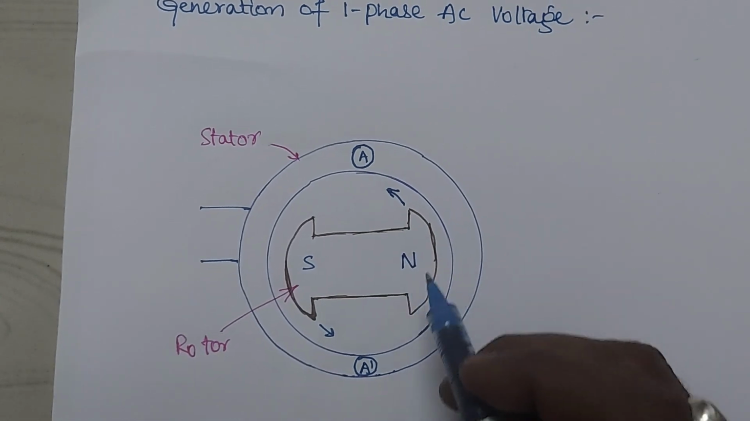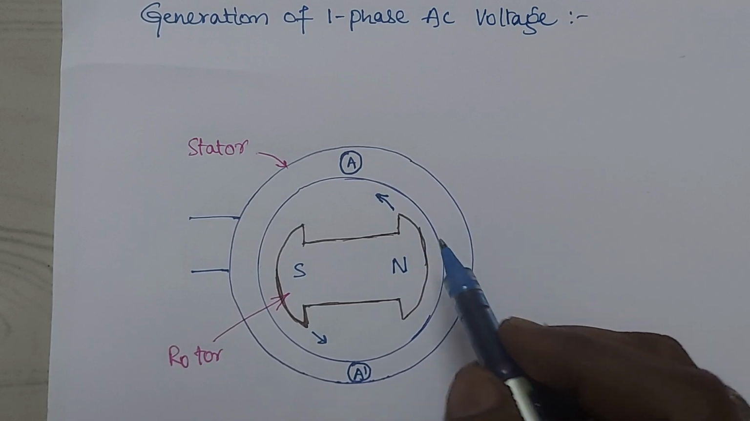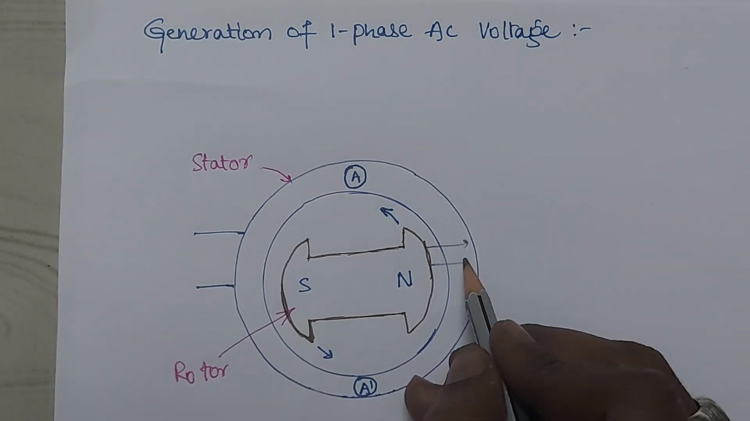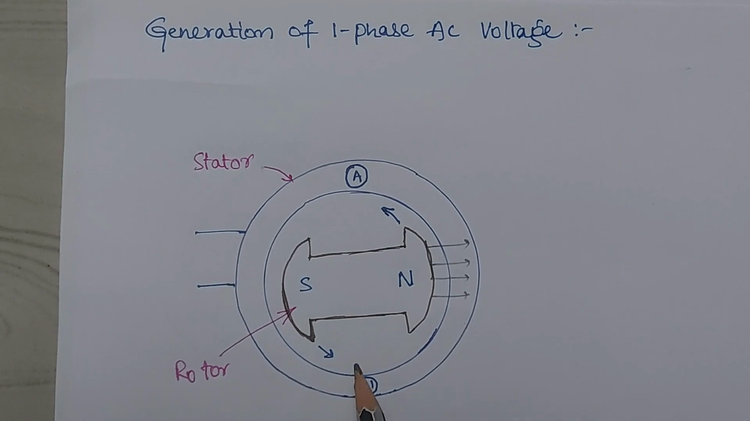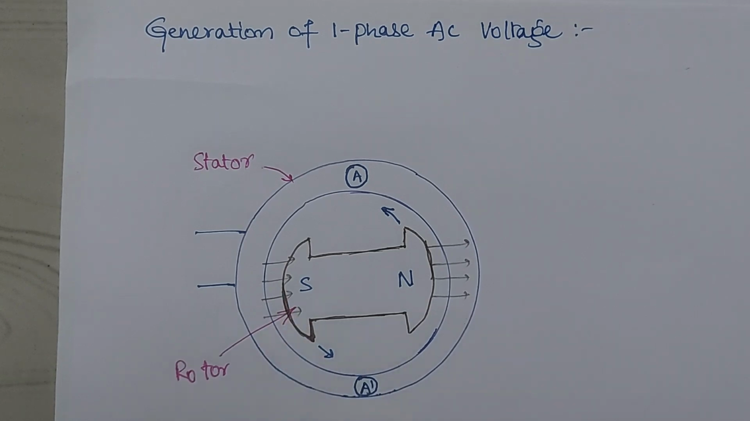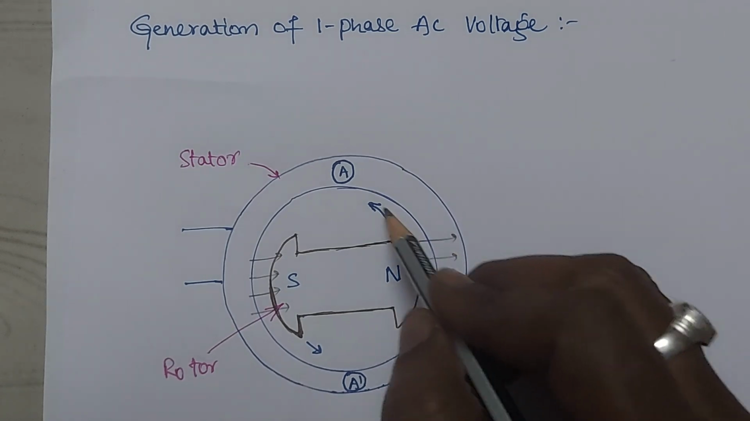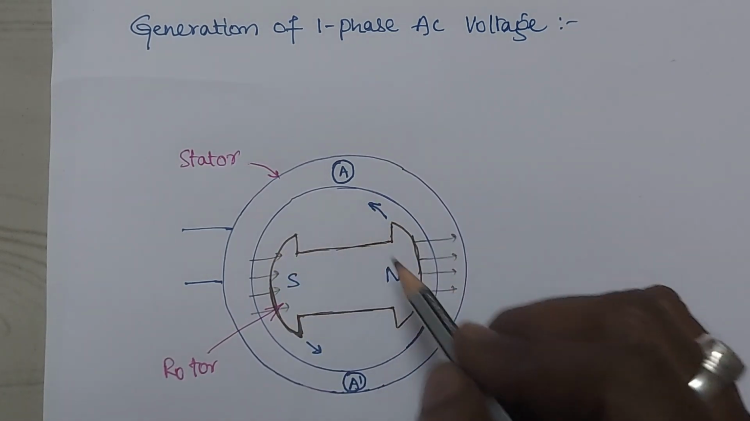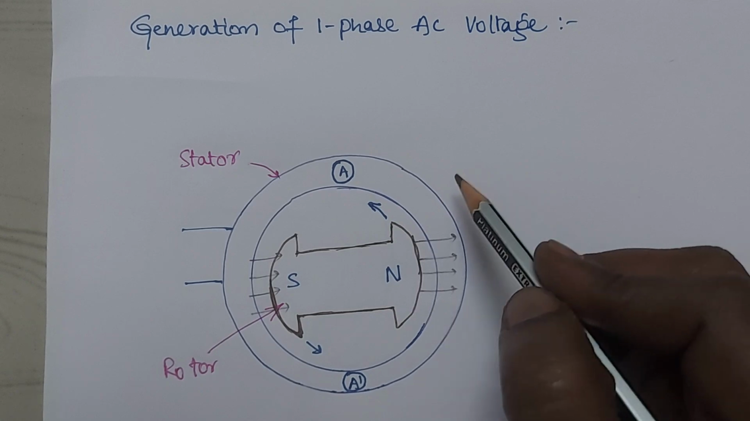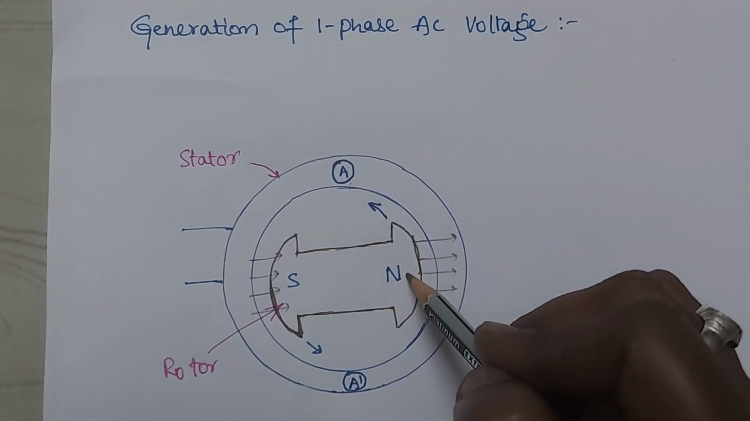Now this magnet has a magnetic flux. That means the magnetic flux will come from the north pole like this, and in the south pole the magnetic flux terminates like this. This pencil marks indicate the magnetic flux. When I rotate the rotor, this magnetic flux cuts this conductor. Is it right or not? So according to Faraday's law of electromagnetic induction, EMF is induced in this conductor due to the north pole,